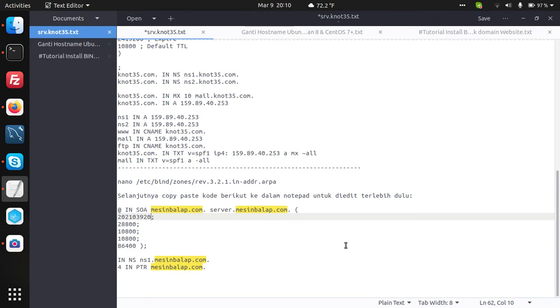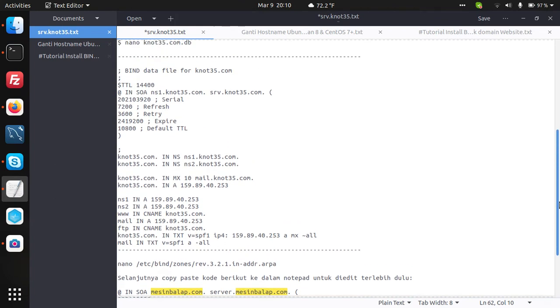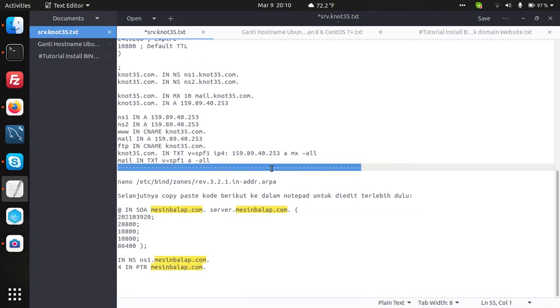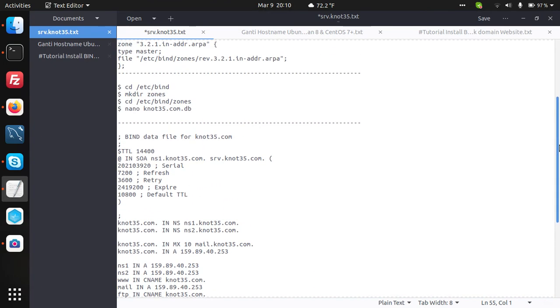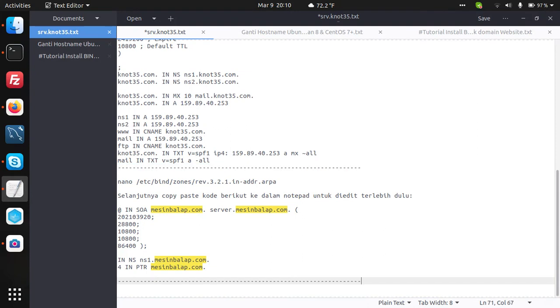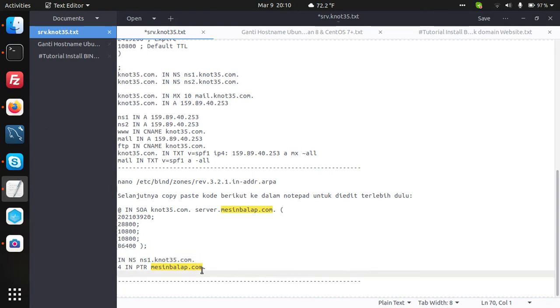Make sure to make it the same as the zone file, with the zone configuration, like this.